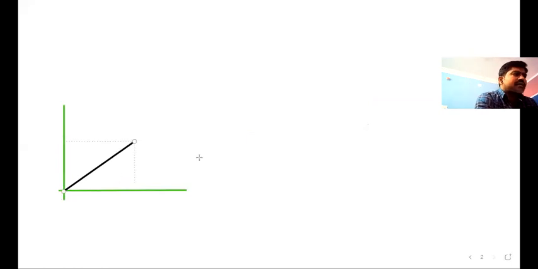Another vector I consider, E bar. For example, if it makes an angle theta with the y-axis, not with the x-axis. Previously we took the vector A bar making an angle theta with the x-axis, but here we have taken it with the vertical line, that is the y-axis. Then we have to write it.